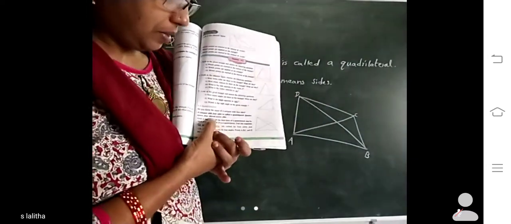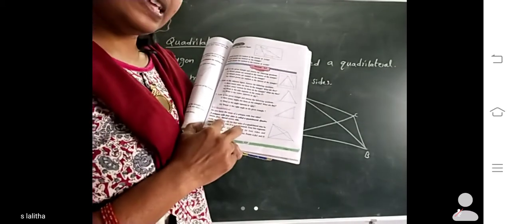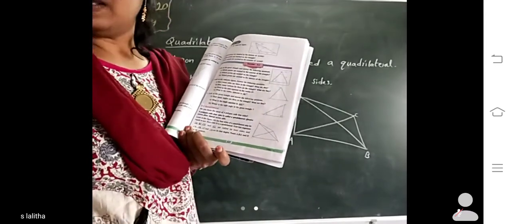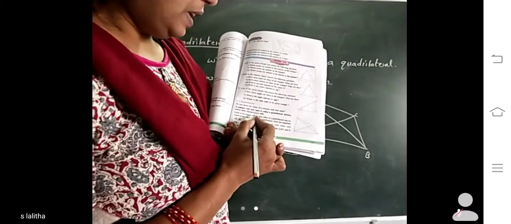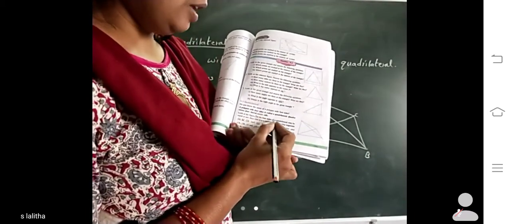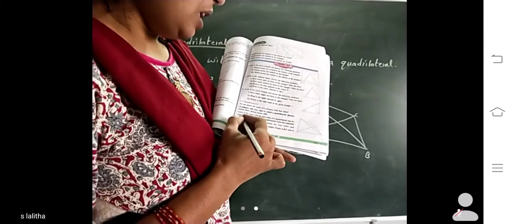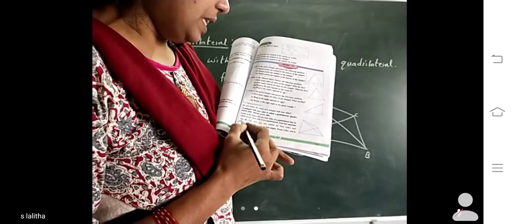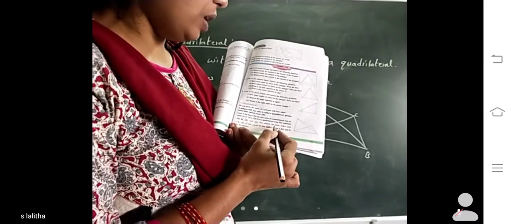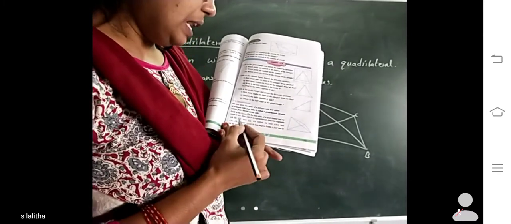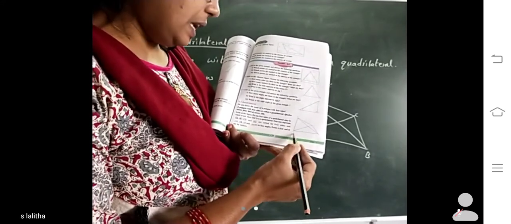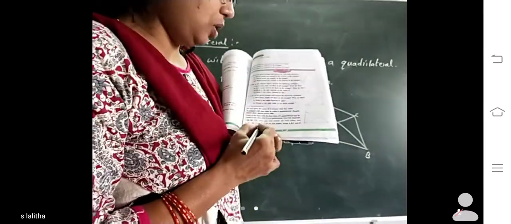See here. Look at the figure is there, no? Don't write that one. After that, you have to write all the four sides. Pencil. See here, all the four sides are there, no? All the four sides of a quadrilateral may be equal or not. Here ABCD is a quadrilateral. Four line segments AB, BC, CD and DA are called its four sides. And angle A, angle B, angle C and angle D are its four angles. Points A, B, C and D are its vertices. Up to here you have to write.